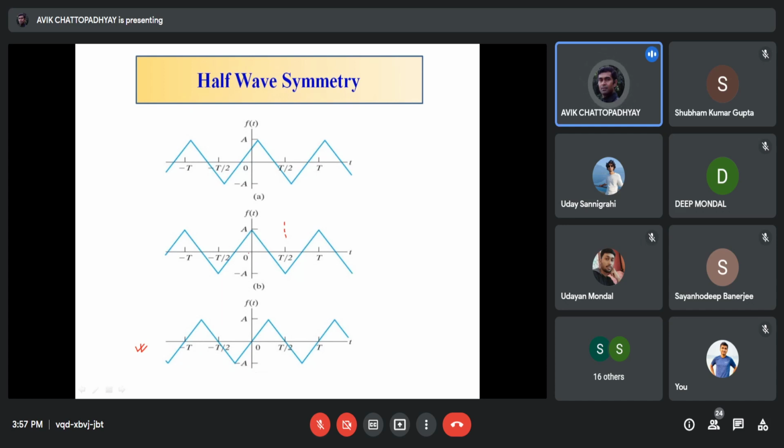Now, as an extension of that, this slide shows the selection of that axis, the t equals to 0 line, the vertical axis. This is not going to impact your symmetry, your half wave symmetry nature, but it can impact the odd or even nature, or odd or even symmetry nature. Like here in this example, this signal is even in nature due to the selection of the vertical axis. This signal is odd in nature due to the selection of the vertical axis, but this signal, what should we call it,